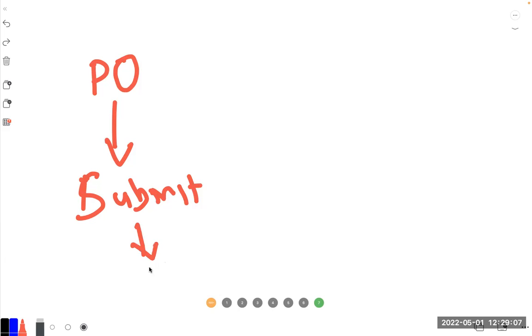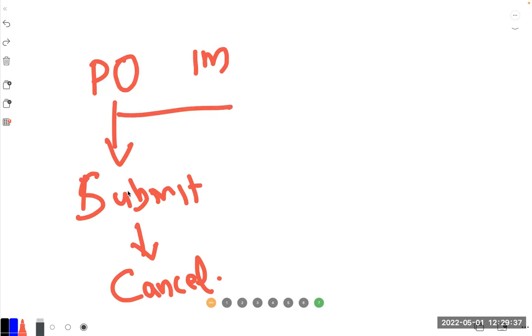And if there is some issue or something like that, you will cancel it. So this is the normal process. But let's say before submission, you set a purchase order for an amount of, let's say, 1 million, and it needs a consent, an approval from the purchase department. Assume that scenario. So he will say, okay, before a purchase manager submits it, go to the accounts manager,